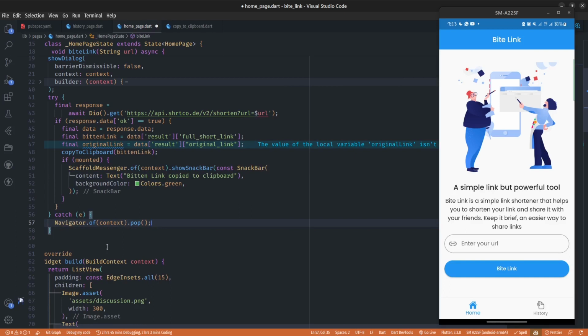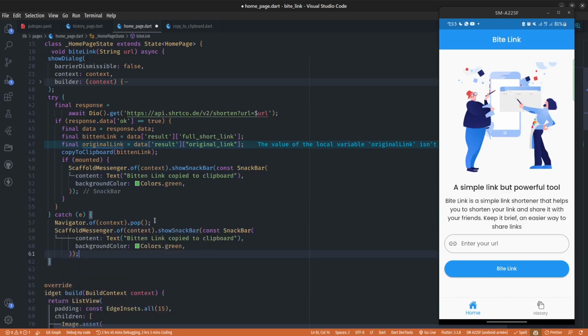Also, we want to show a message that maybe something went wrong, right? So I'm going to copy this snack bar here and then change the text to something went wrong, please try again, and probably the color will be colors.red,